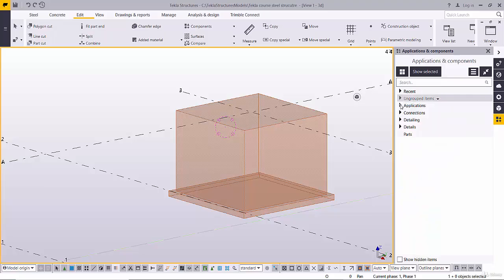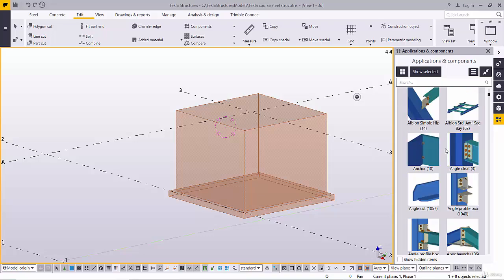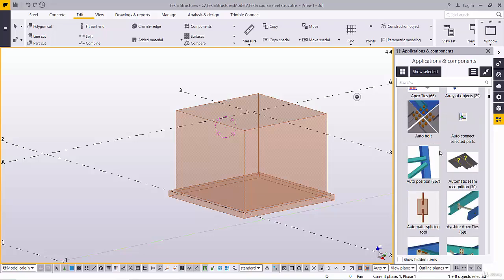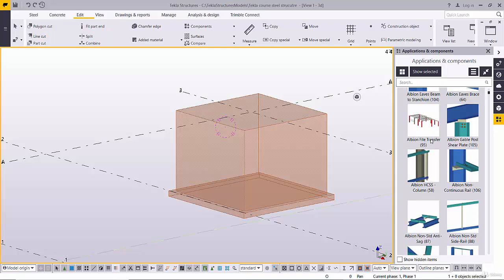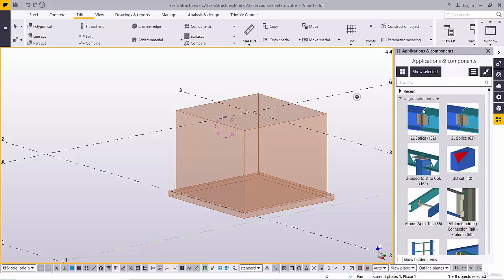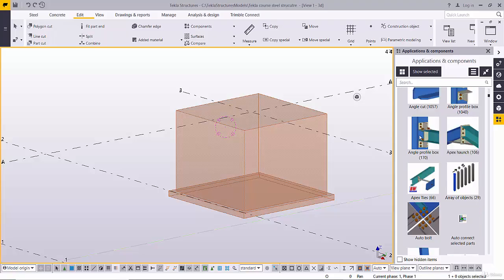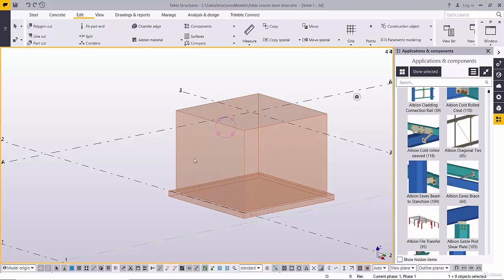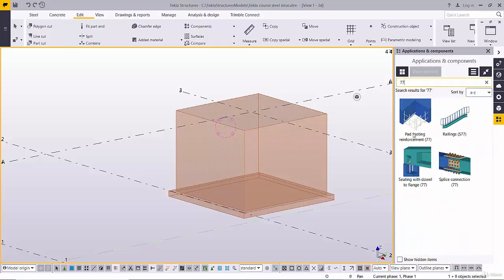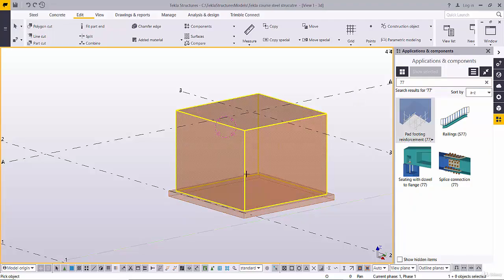Okay, so we can see here that we have thousands of shapes. This is connection shape, application, items and many others. If we name the number of the option that we want, we can directly go to our object. So to draw the reinforcement rebar of foundation, we put here the number 77. We can see here pad footing reinforcement. We select it, then we select this foundation, and